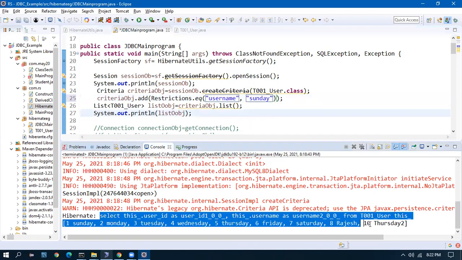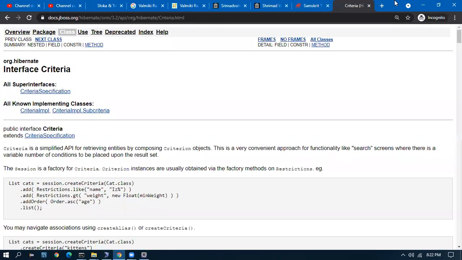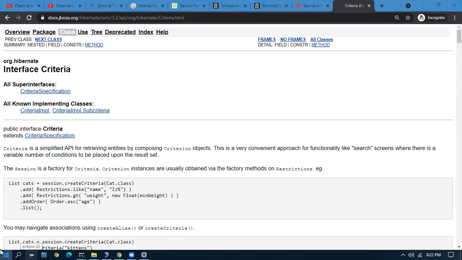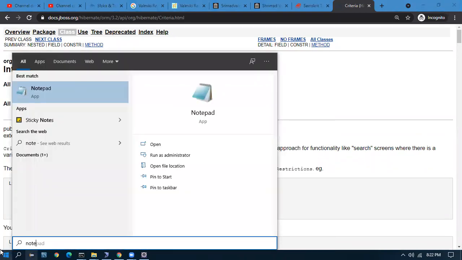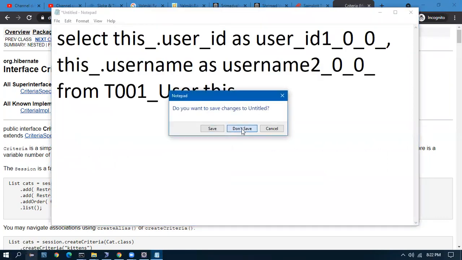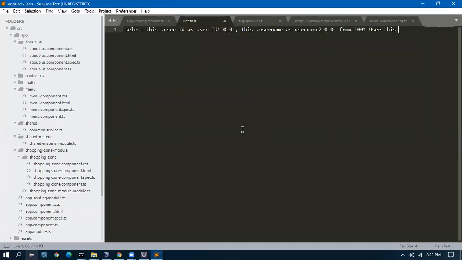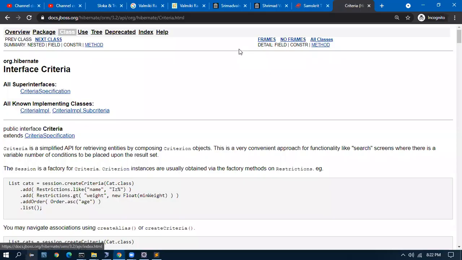So this was the first query. Let me take this and keep it somewhere in Sublime. Okay, so this is the first query which Hibernate generated.